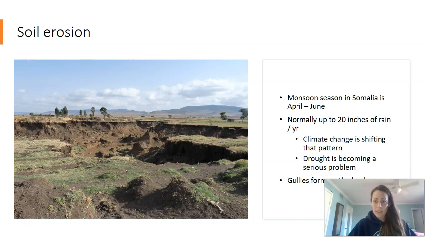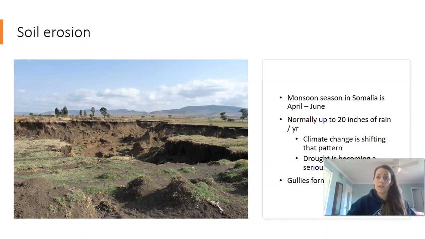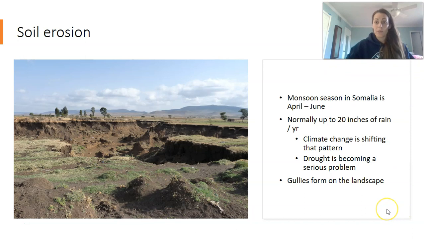The monsoon season in Somalia, like I had mentioned, is between April and June. But of course, with climate change, they're noticing that that's changing as well. The monsoon season is shifting to pretty much unpredictable events or non-existent. So in some cases, Somalia doesn't even have a monsoon season. So their rainy season just continues to be a dry season,